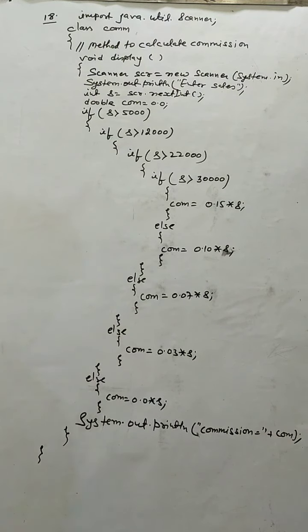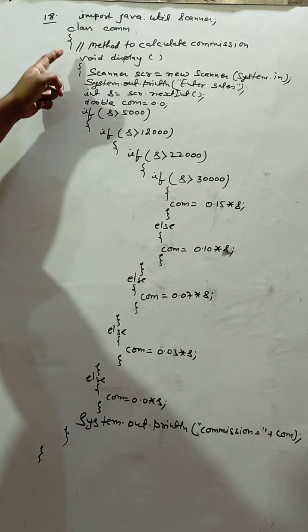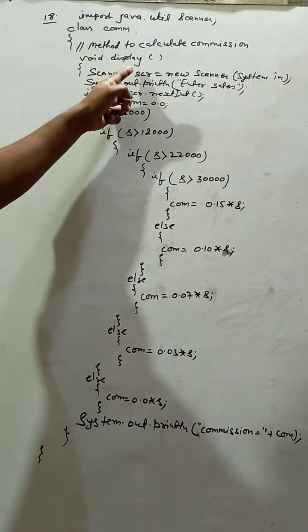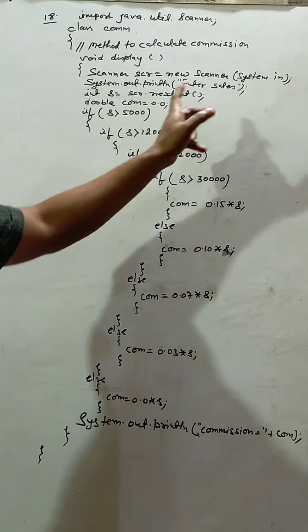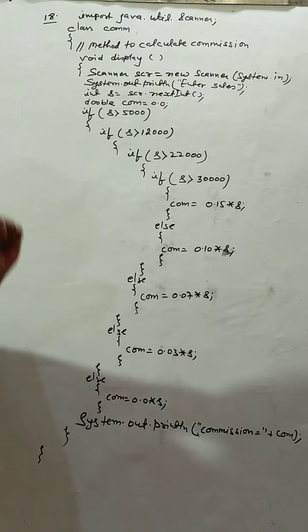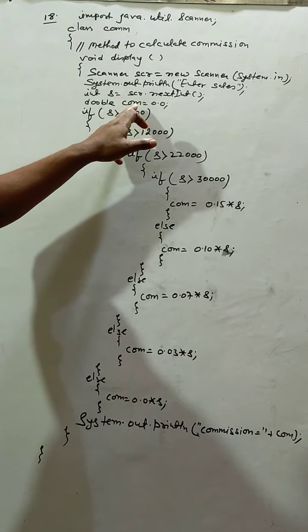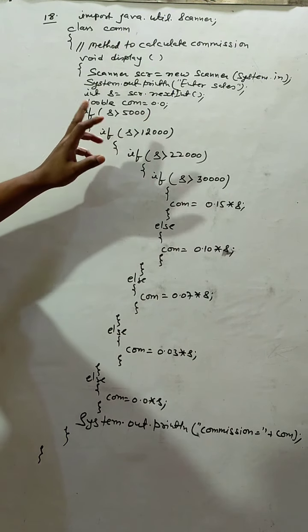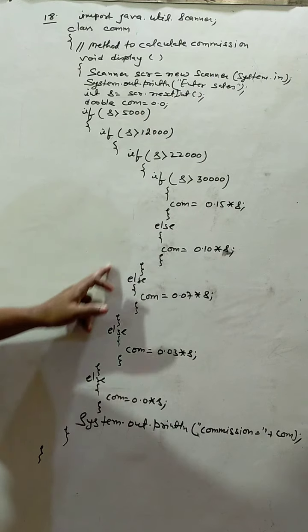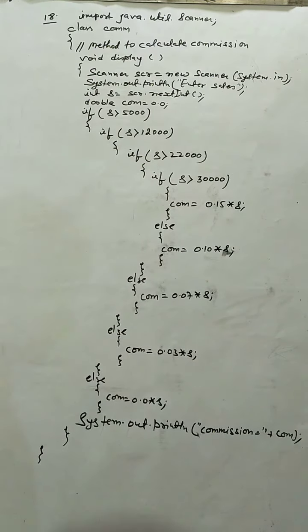See what is happening here. First of all, the import statement is taken. Now in the display function, we have "enter sales". We have entered sales in S, and one variable we have declared, that is double com. Okay, and this structure we will follow. So how will this structure work? Let's check with an example.